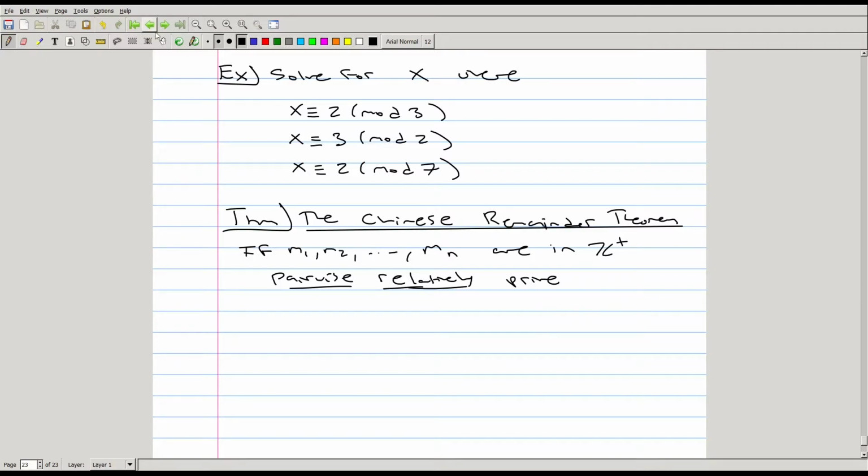Oh, and they have to be strictly greater than 1, so we'll just say strictly greater than 1, and they're pairwise relatively prime,